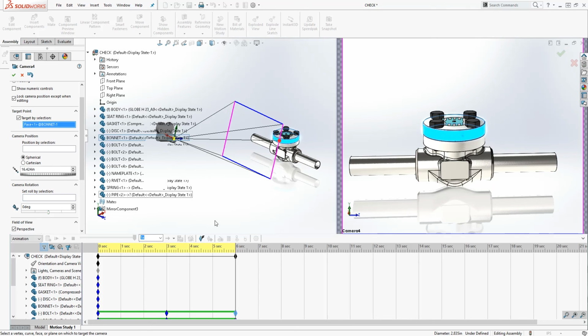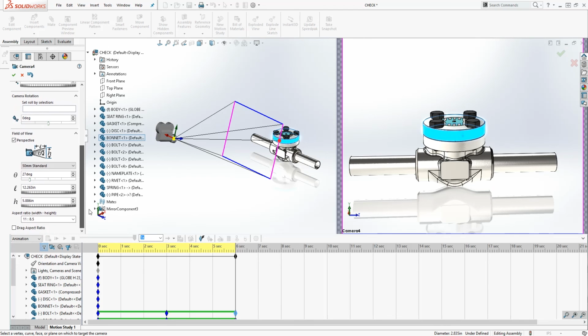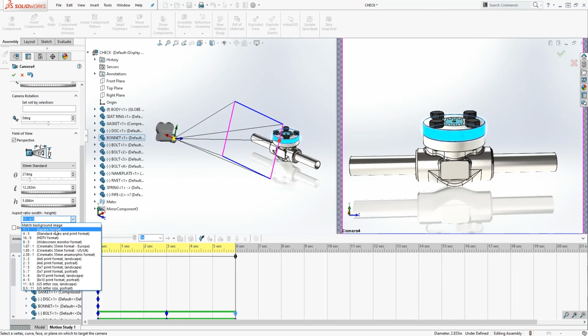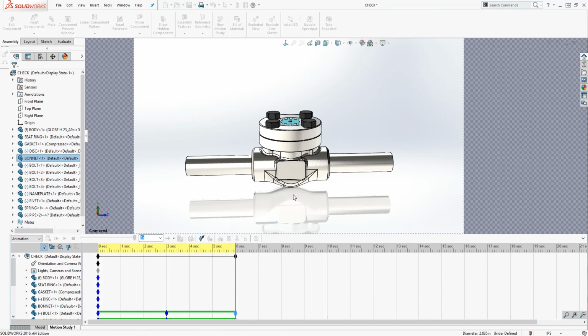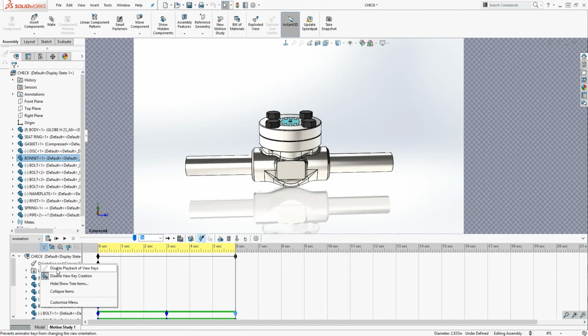I'll scroll all the way down, and under aspect ratio I want to select 16 by 9, which is also 1920 by 1080. Then I'll click OK. So the next thing we want to do is under orientation and camera views, right click, make sure you select disable playback of view keys,